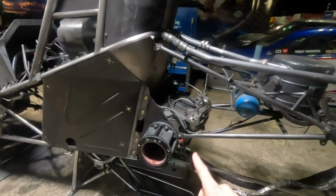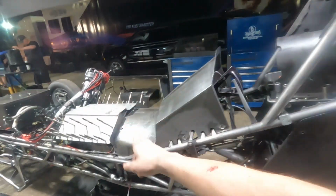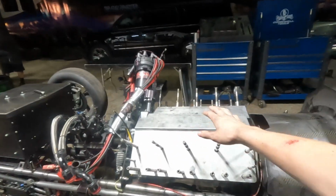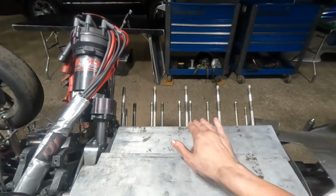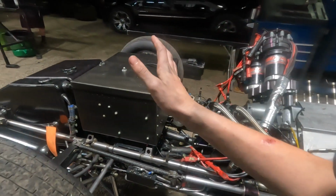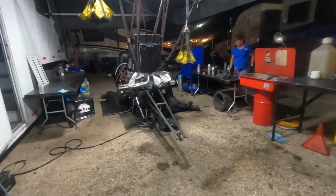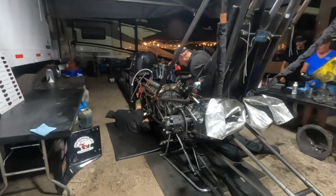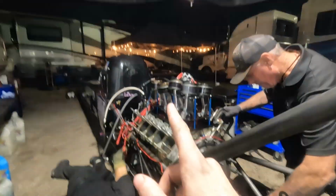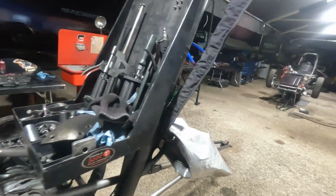Anyways, it's got the rear end most of the way apart. Dad's working on that. It's got the motor with the motor covers just set on. We're not putting the heads back on tonight. Dad has to pick up gaskets tomorrow. And over here, with the dragster, they're sanding on the crank to make sure it's good to go. And then a rack is going to be put in it, and I think we're going to call it a day from there because it is...